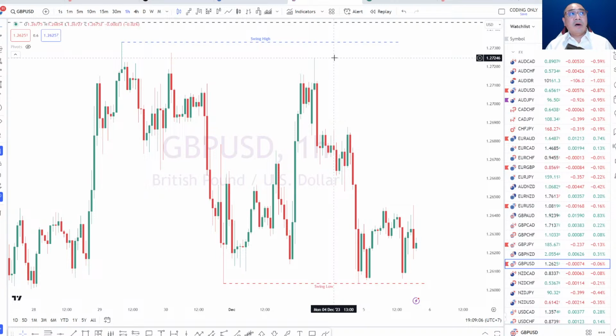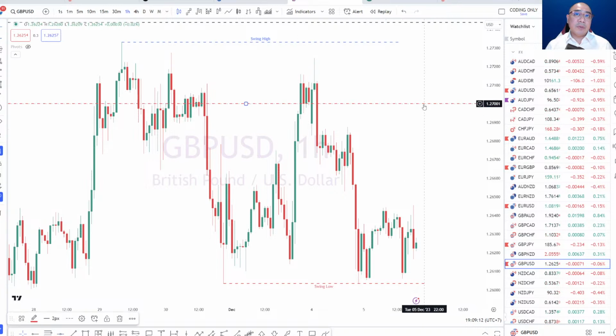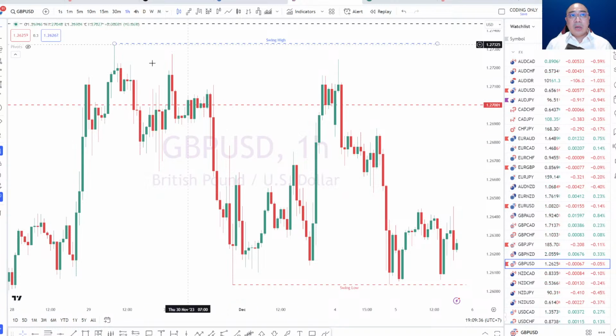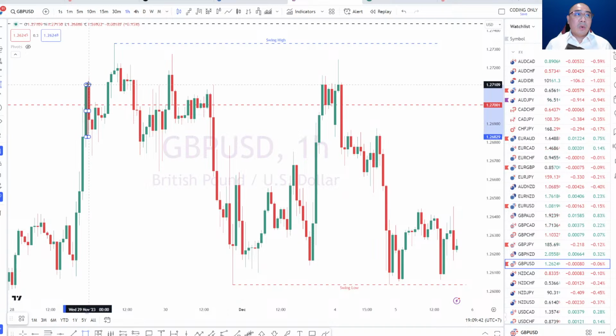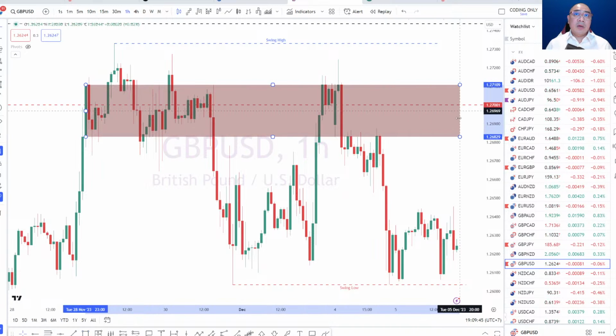Now, for the case of the pound USD, it is very clear that the psychological level is going to be at 1.27. Now, the question asked is that, all right, 1.27, but the market did go above 1.27 and attempted a few things here and there, but we would label this as where we want to zoom in and immediately identify a certain range. Is there actually an order block? Would there be an order block around 1.27 that we can identify from what we see here? To a certain degree, yes, this would actually be our order block. All right, and anything beyond that would be our limit to the liquidity, because it kind of stacks up.